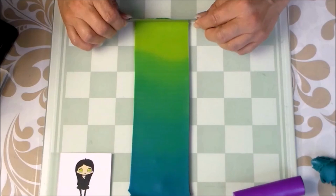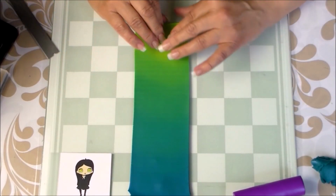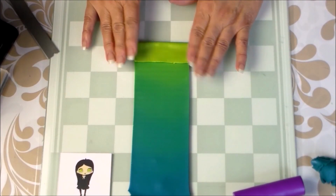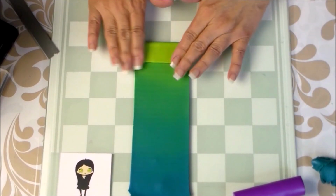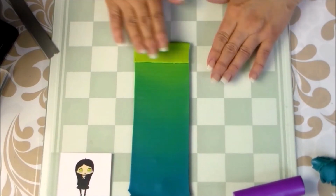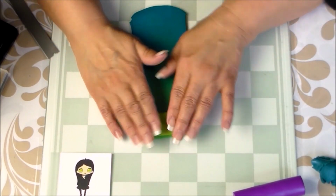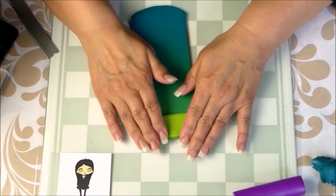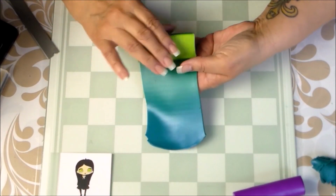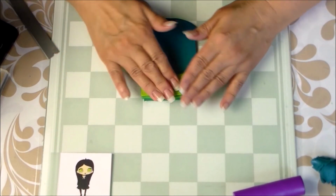And this one, instead of jelly rolling, we're going to fan fold it. Kind of accordion fan fold, same thing. I just want to get a lot of each color into my folds so that I can just kind of appreciate that blend as much as we can. As I said, we're going to reduce it a lot, so I'm trying to retain all the different colors that I can see now as much as I can. Just going to fold it up and make it into a little rectangle,